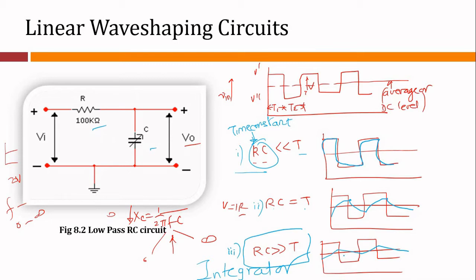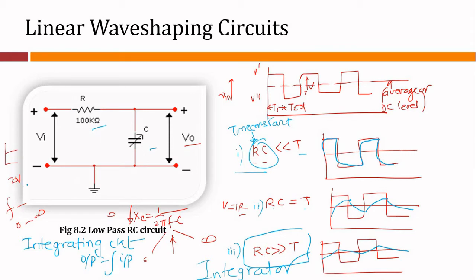So a circuit that gives an output voltage directly proportional to the integral of its input is referred to as an integrating circuit. Let me repeat this important statement again. The circuit that gives an output voltage directly proportional to the integral of its input is referred to as an integrating circuit. Let me write here: integrating circuit, or output equals integral of input. Now this is a typical integrating circuit. The output voltage across C will be the integral of the input voltage.